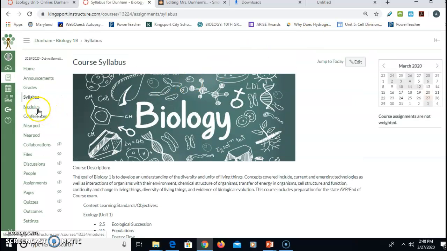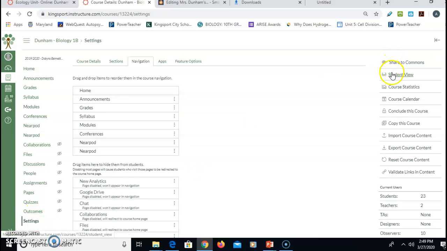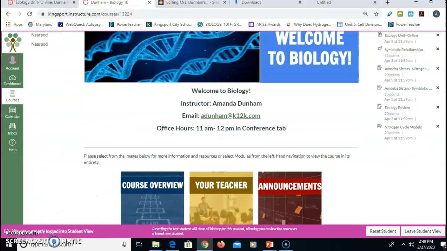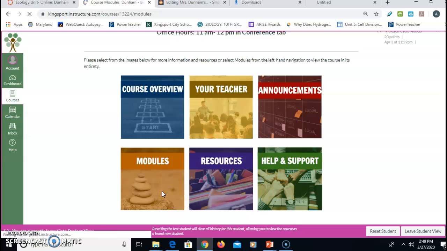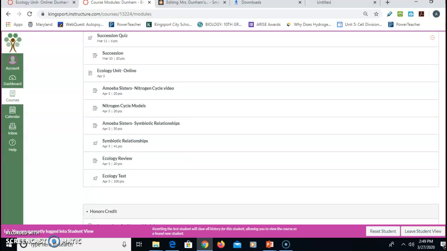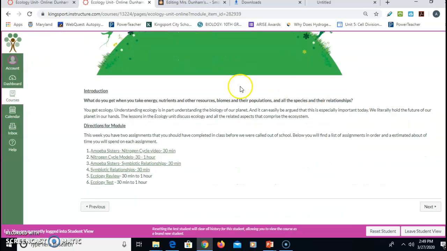So one thing, we'll go to modules, we'll go to student view. And so we're on the home page, click modules. And if you go down through here, you'll see that here is the ecology unit. Click on the page that says Ecology Unit Online. Scroll down, and where it says directions for the modules, you'll see that there's a list of assignments to be